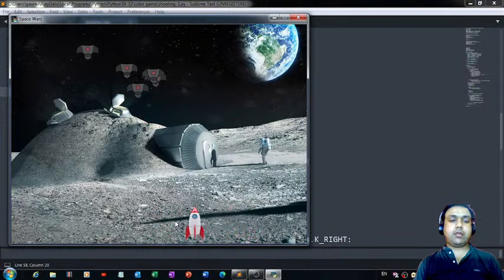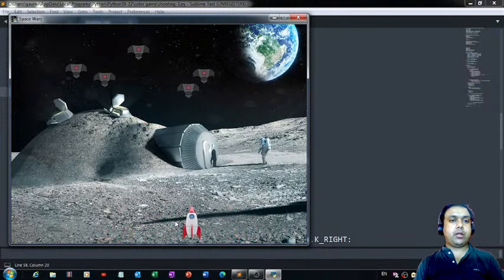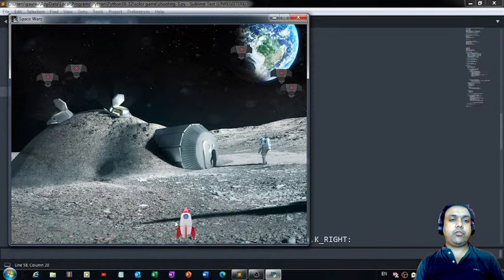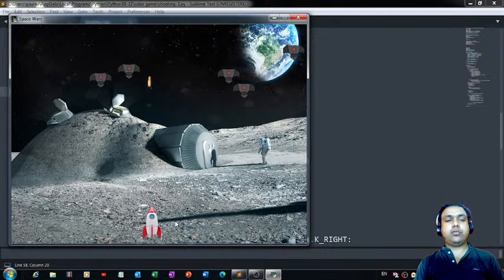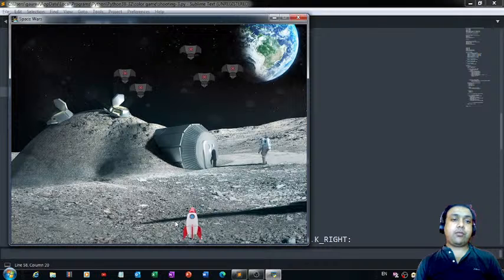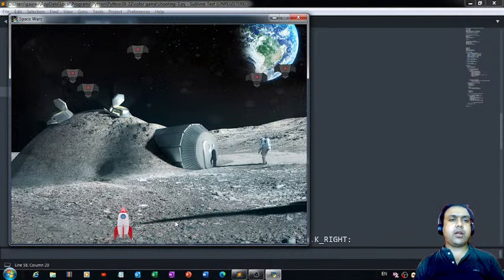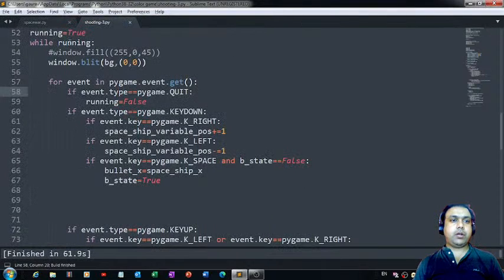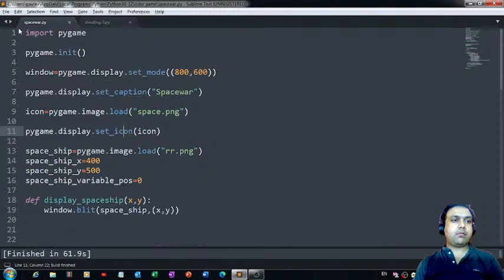Right, in the next lecture that I will shoot tomorrow, I'll tell you how you can define the code with the help of which you can check the collision happening between the bullet and the enemy sprites, and also how you can get this score reflected on this beautiful window. Right, so let's close the window and come back to